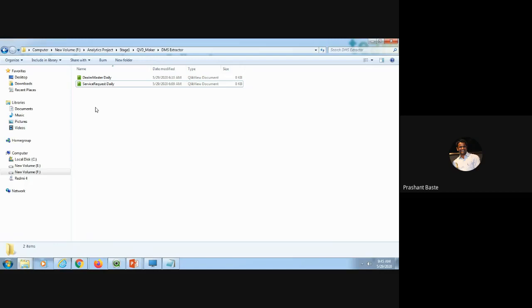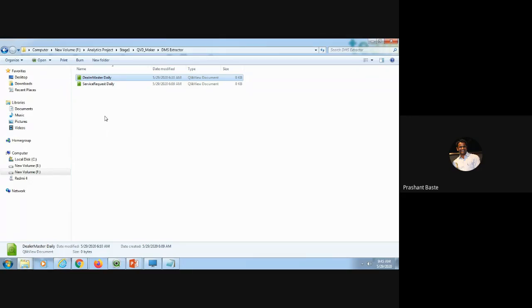So we have a separate data source and we create separate extractors as well. There also we can create a QVW or QVF file for each table, and keep the same naming convention for the extractor file.